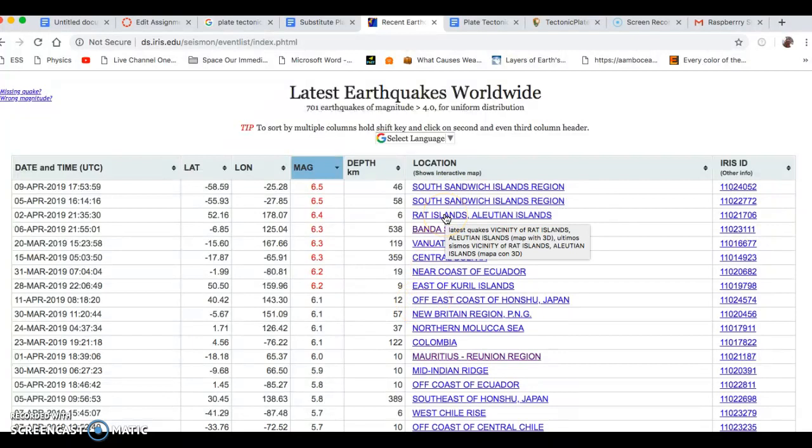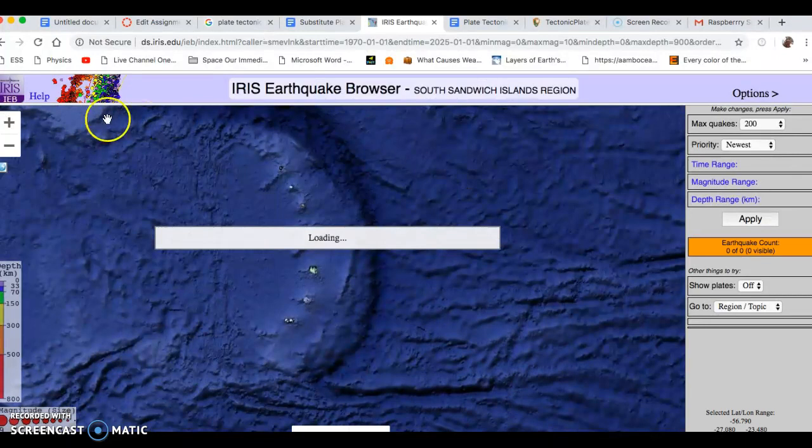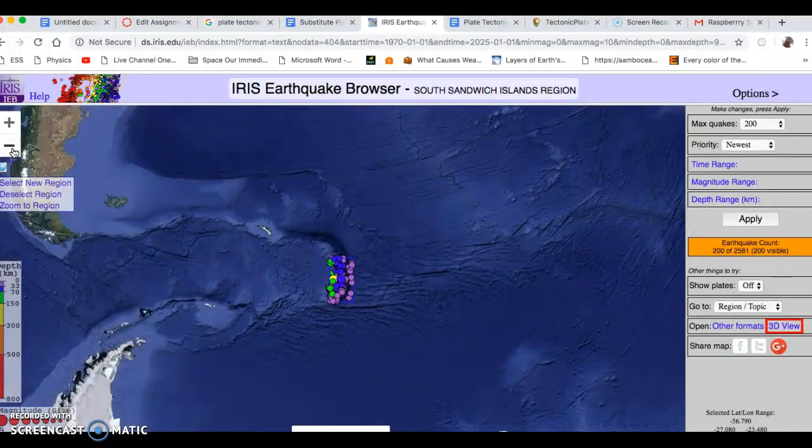You need to find out where this is located, and then see if you can identify the tectonic plates that it's on, and then what type of tectonic plate boundary it is. And here's how you can do that. Click on the location information here, and it'll pull up a beautiful map. And you can zoom out a little bit to see where in the world this is